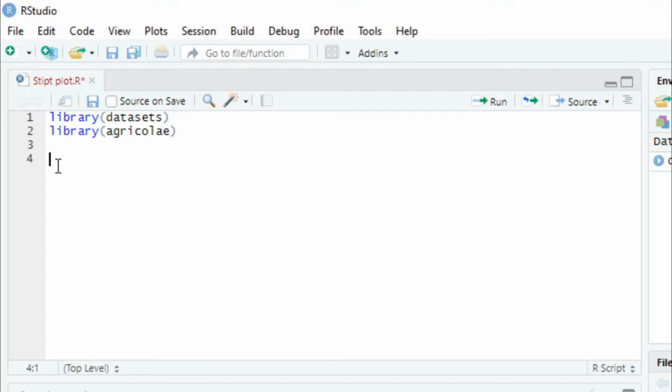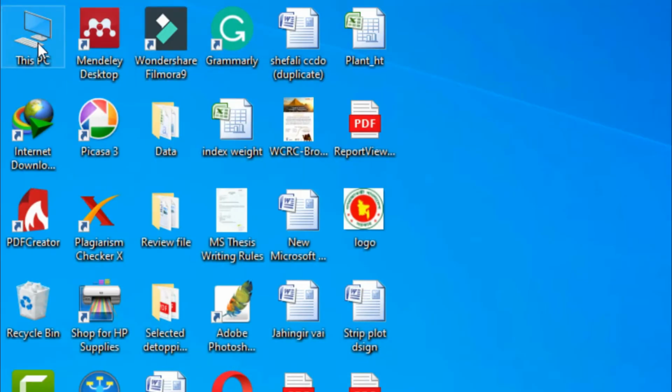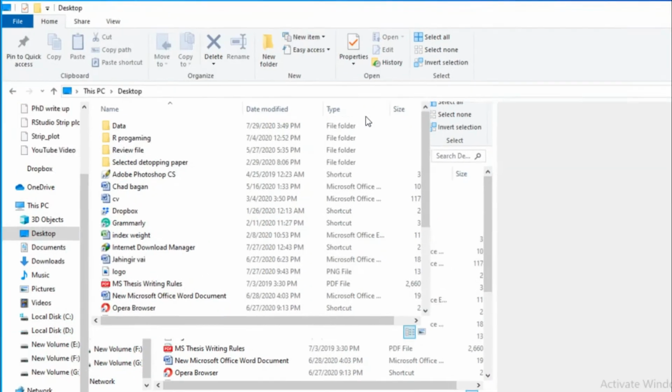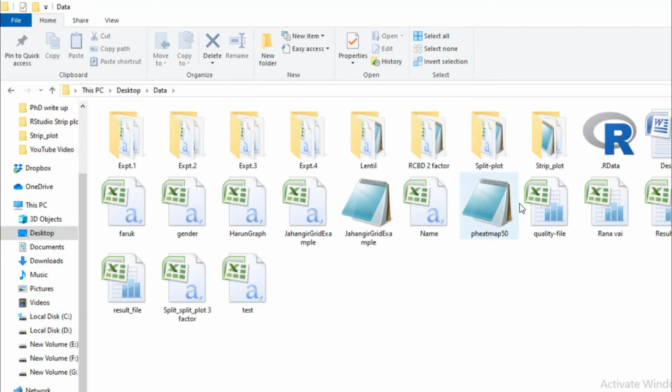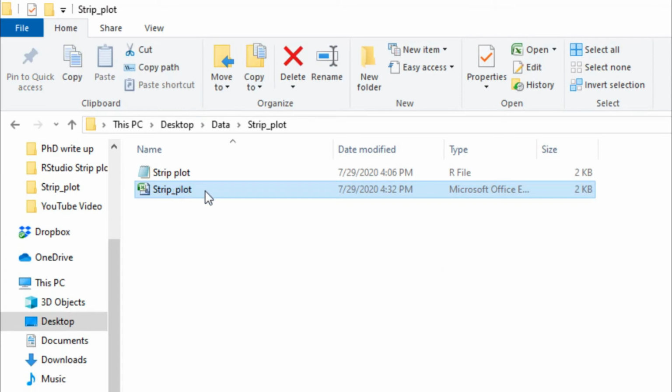Okay, now we write data <- read.csv with double quotation marks, and we put the path. Our file is in the desktop folder, the data folder, and it is our CSV file.